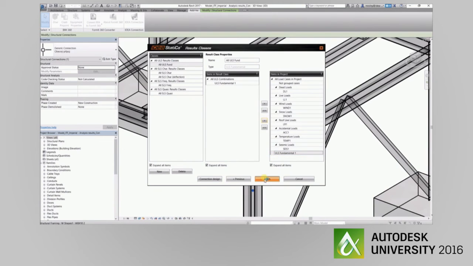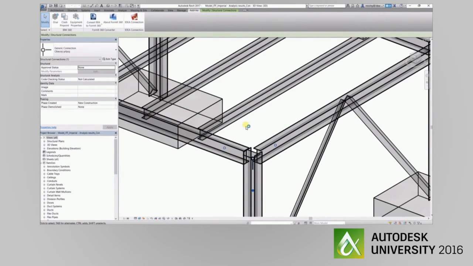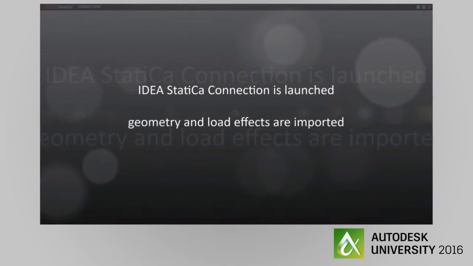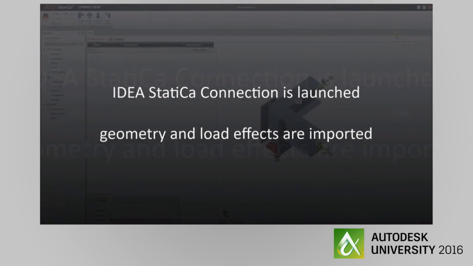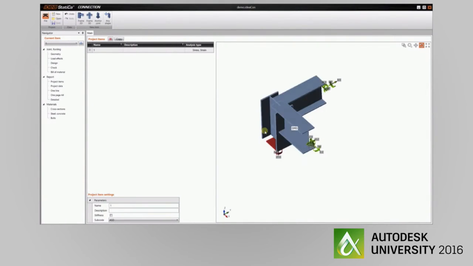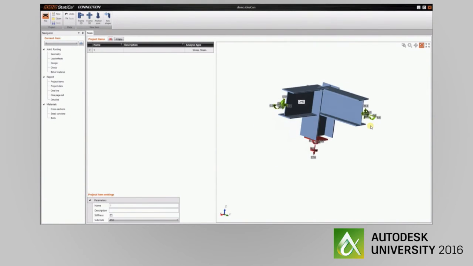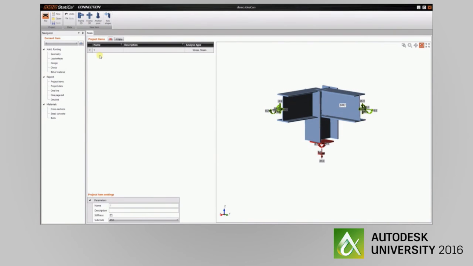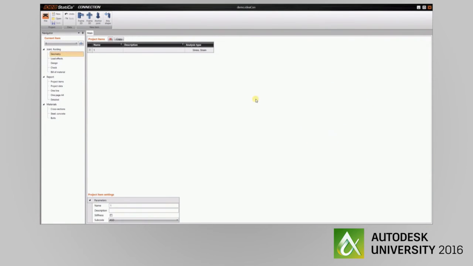Maybe some combinations can be edited or modified, and then it is the same as in the Robot case, that we have this joint in our tool, and